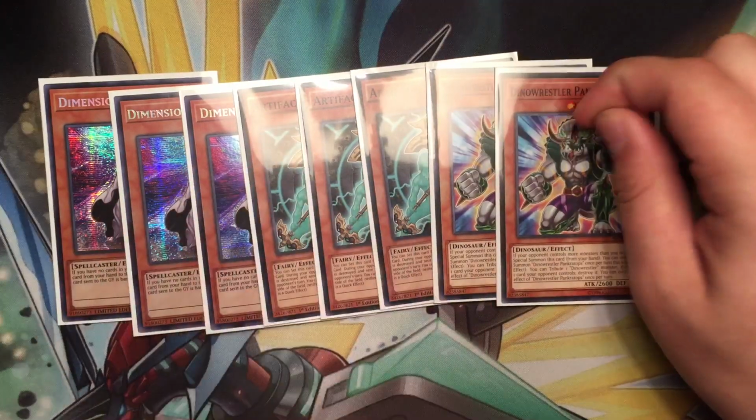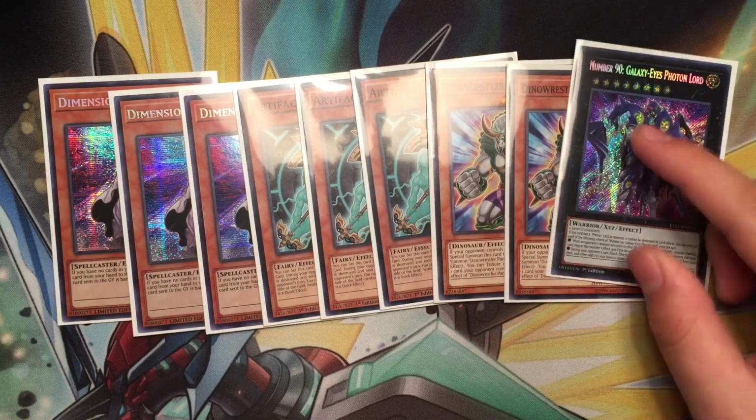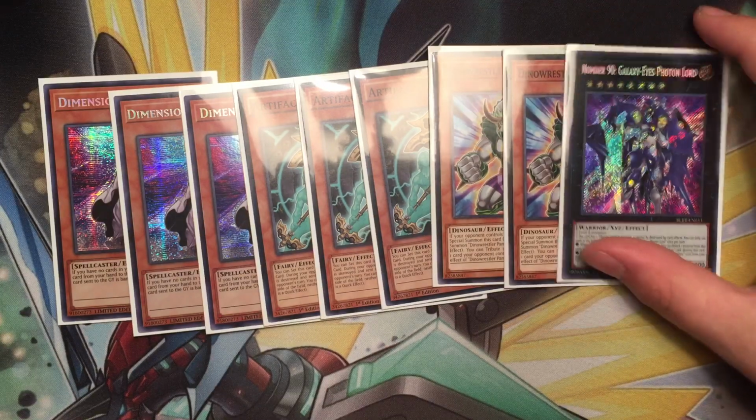2 Paper Tops. I got the third one to try something. I wanted to try a number 90. So the theory with this card is actually it's an out to Nibiru. So going first, instead of...